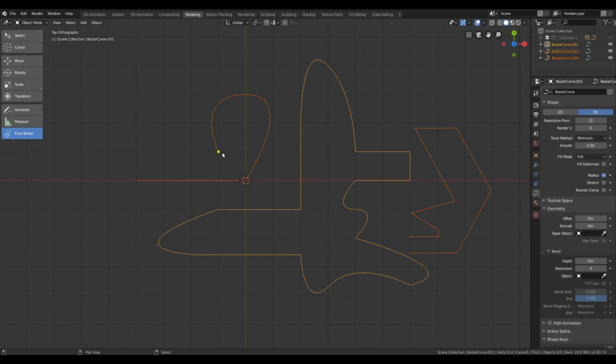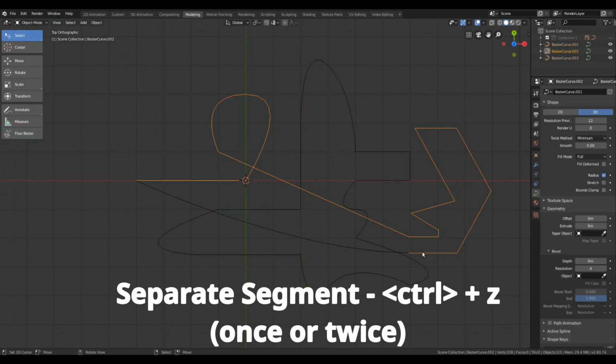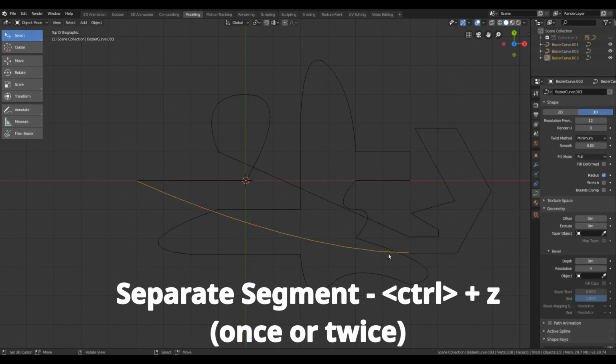Let's join these two curves. Let's join with a straight line. So I simply click here without dragging and press enter. So these curves are joined. And if we want, we can also close the curve with a curved segment. If you don't want the new segment to be part of the curve to which it is snapped, then you can simply press Ctrl Z. So after pressing Ctrl Z, this segment is separated from the earlier curve.